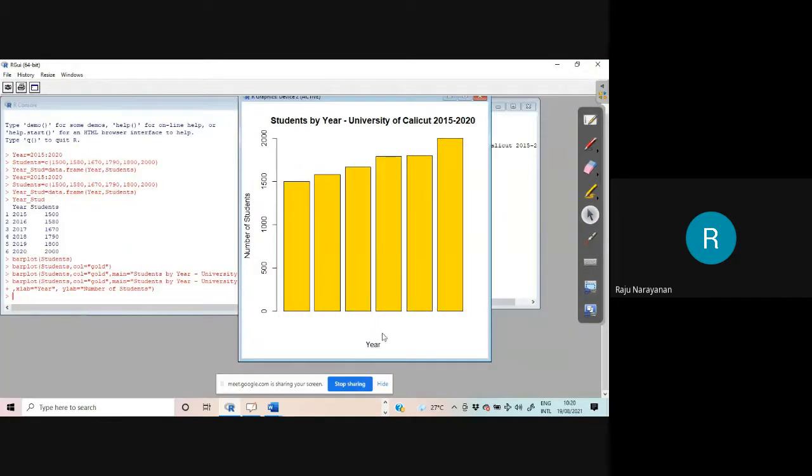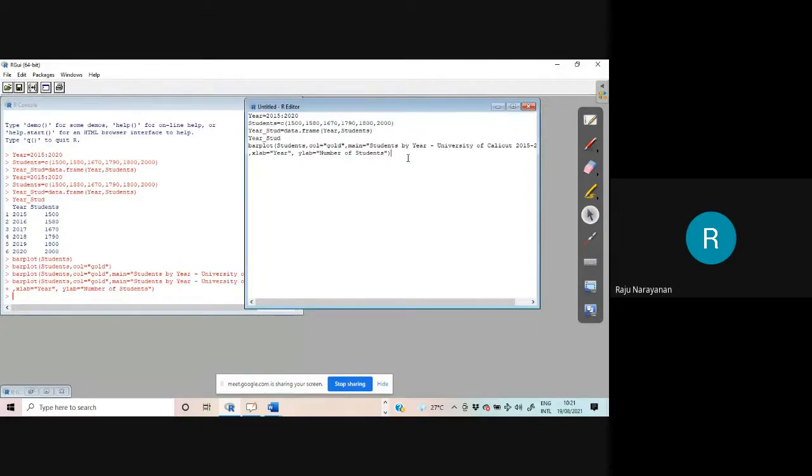I give you one assignment: I want 2015 here, 2016 here, 17, 18, 19, 20 here. You find the technique for that and inform me in the next class. Then you will be given 2 marks by Shahin sir for that question. Okay, that is the bar plot.